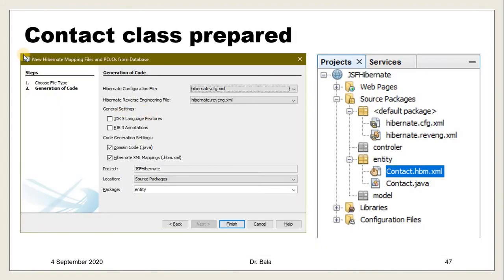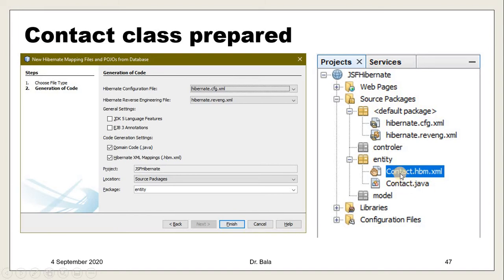It will take our previous configuration that we already prepared, hibernate.cfg.xml and hibernate.reveng.xml. These two files automatically appear over here, and we simply say finish, that's all. Once you click finish, in the entity package, we will find two files: one is contact.hbm.xml, the other one is contact.java.